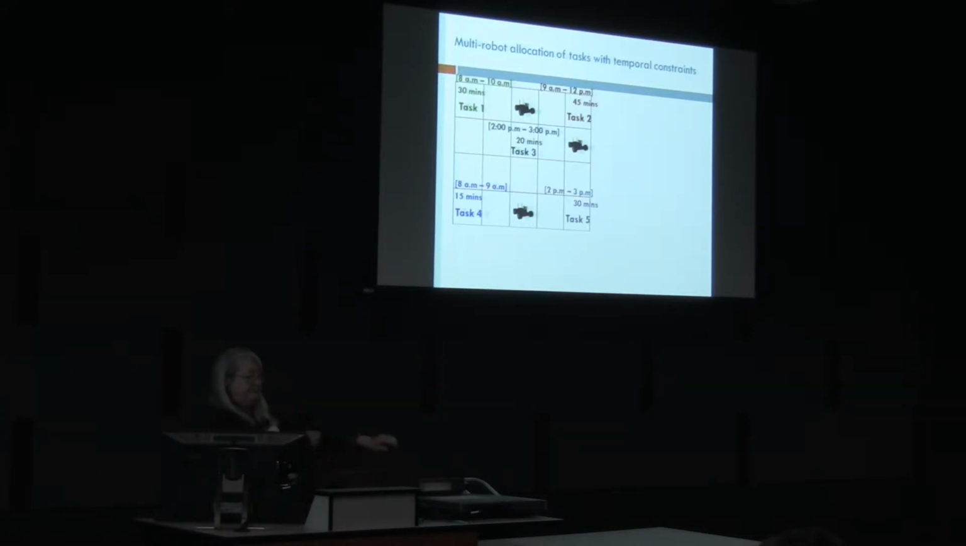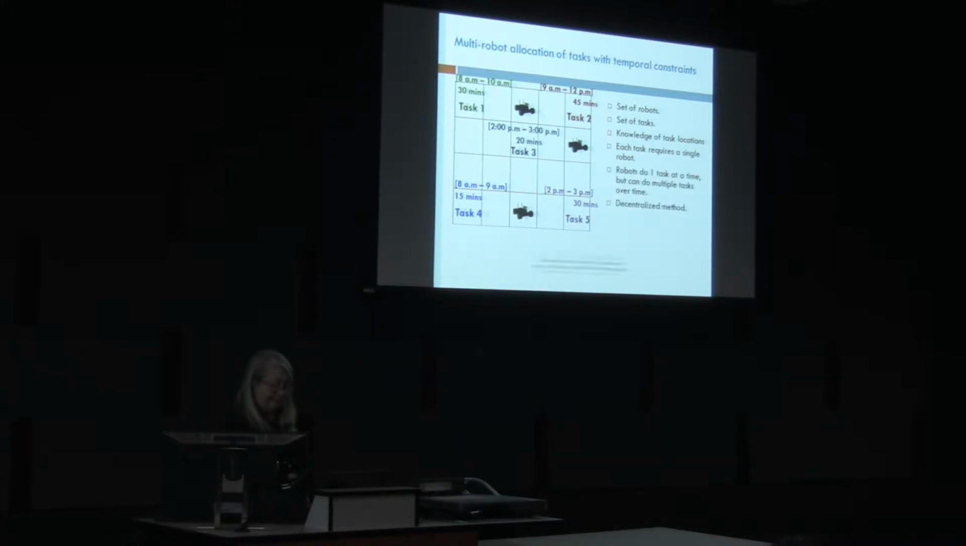So we start with the allocation of tasks with temporal effects. Things show up one at a time. This is just a very simple example. We have a number of robots, and in general the grid environment is very small. We have a number of tasks in different locations, and each of the tasks has an expected duration and a